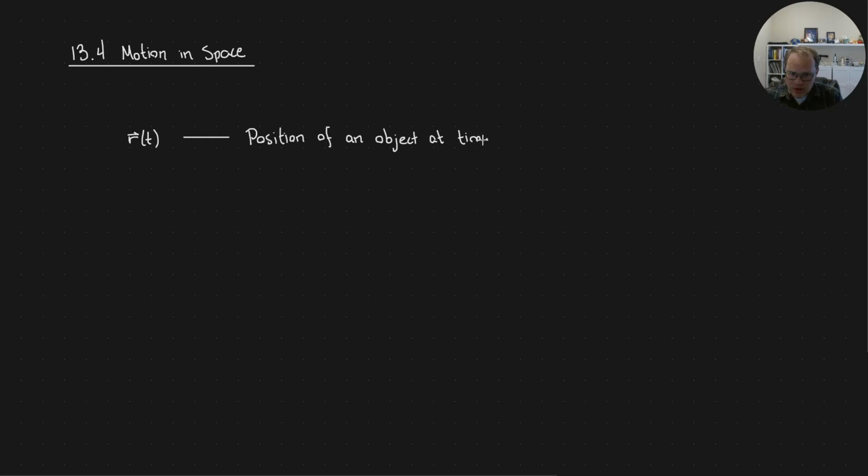In single variable calculus, we learned that the first derivative of position is velocity, the second derivative is acceleration. That still holds true here. The first derivative of this position function is the velocity function. Velocity